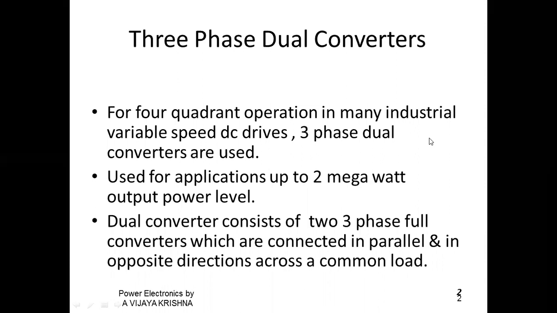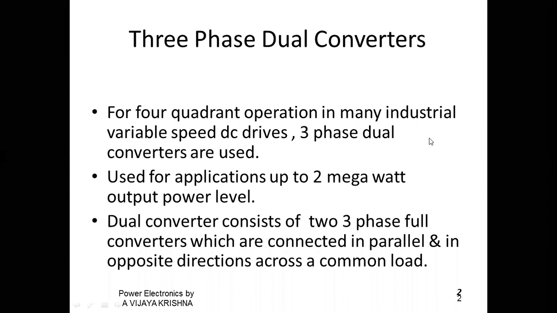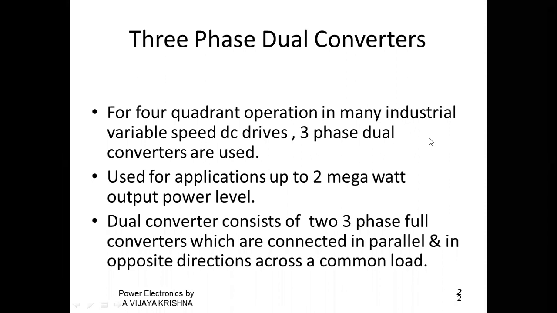The first quadrant is motoring operation, forward motoring. The second is the reverse motoring. Third is the reverse braking. Fourth is the forward braking. So semi-converters are single quadrant converters that may operate in a forward motoring operation. Semi-converters are single quadrant converters. They operate in a forward motoring operation. Over the entire firing angle range, the load voltage and current have only one polarity.